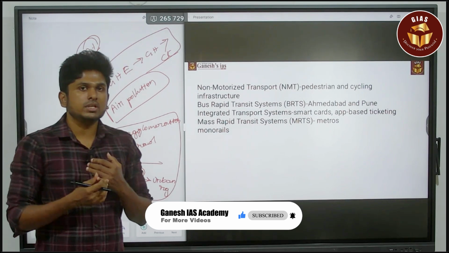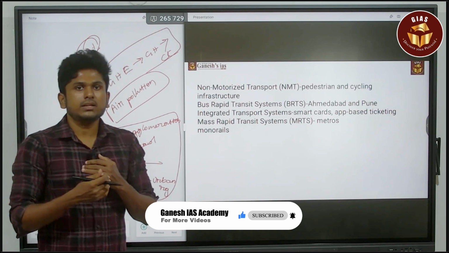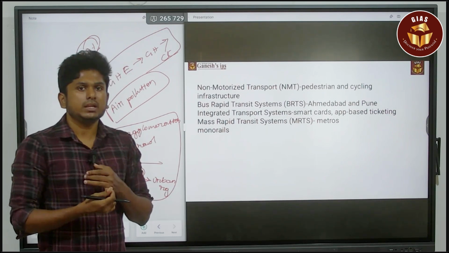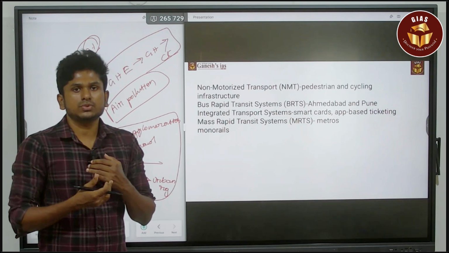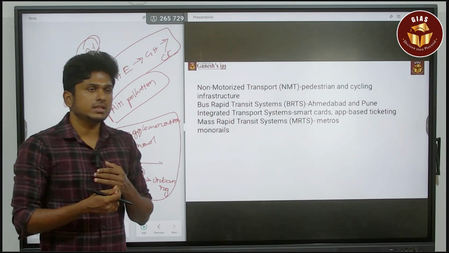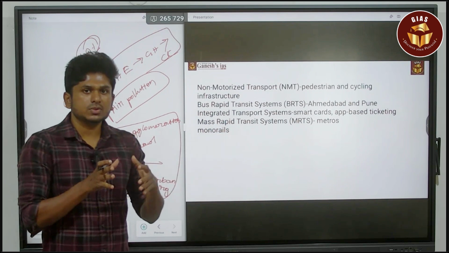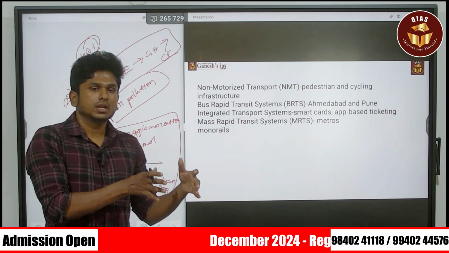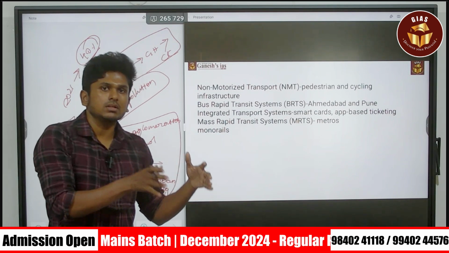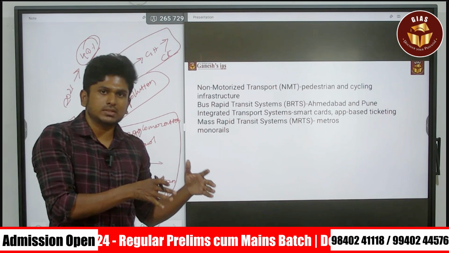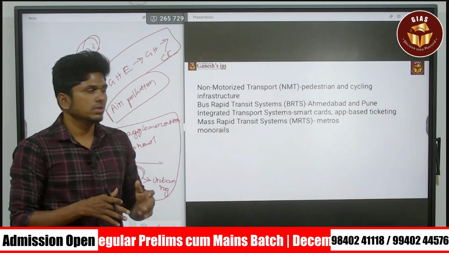Mostly people use their private vehicles because they don't want to be late to their office or any meeting. If they use public transport, they have to face the major issue of delay. To overcome that, they use private vehicles. So this bus rapid transit system is an exclusive road route, allocated for buses only. If this is there, definitely people are going to use bus transport, and they can overcome all the major issues. So that is the thing.